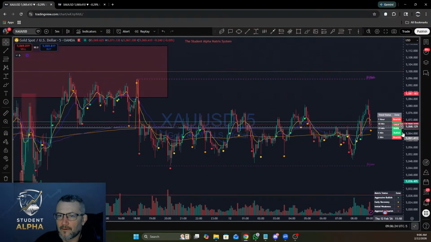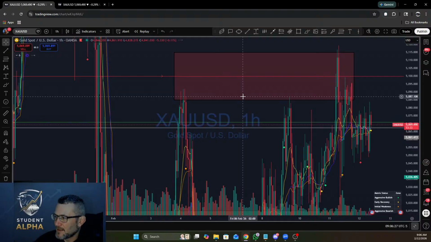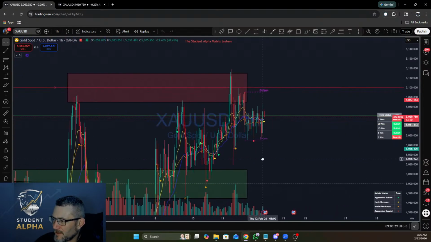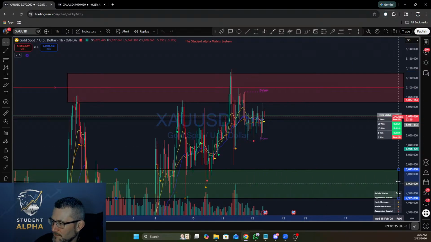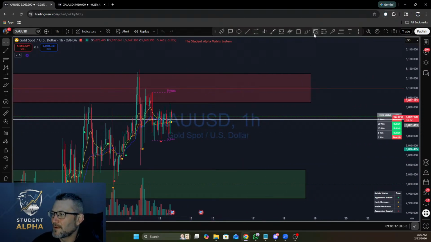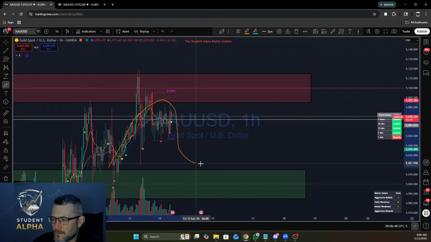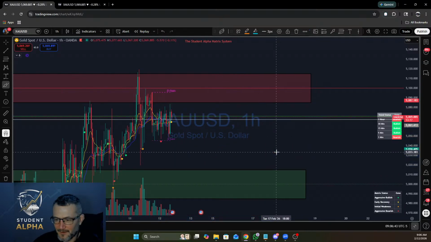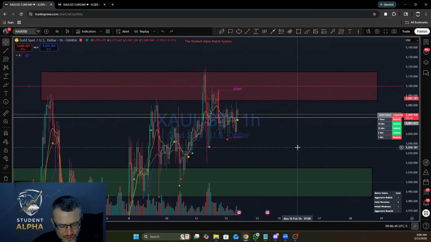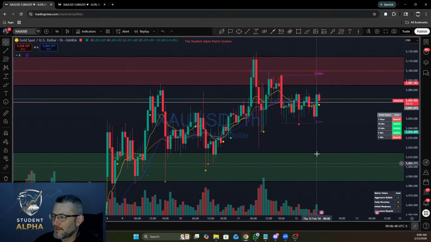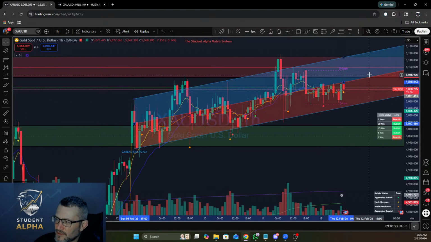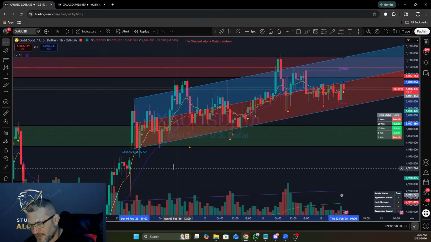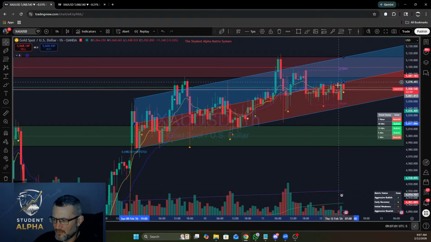All right, so actually let's do this, guys. Let's move that, because that red box, we haven't been able to break it. And this green box is support. So right now, I anticipate more of the same until it decides. But the good news is in this channel, check this out, guys. Even though it is channeling, you can see it's building pressure upward. So we're setting higher highs and higher lows since Sunday night and building pressure for a decision.